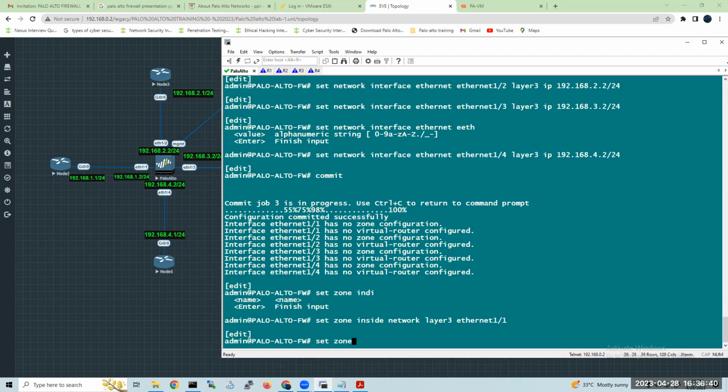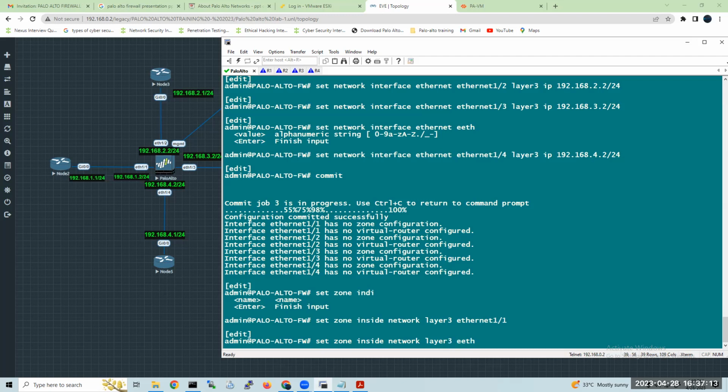Set zone inside, and layer 2 also, Ethernet 2, 3, all are in the inside zone. Sorry, it is layer 3.